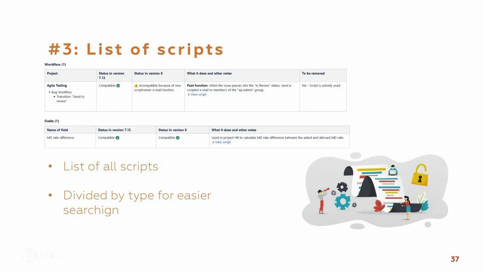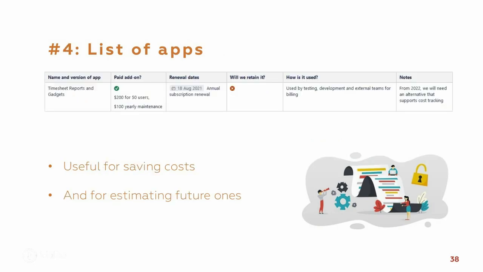Last but not least, a part of your documentation should also be a list of apps for every application you will have, be it Jira, Confluence, or Bitbucket. This page should tell you things like the used version, the price of the app, the usage, what the app does, and should help you decide whether to keep a particular app and weigh the pros and cons of keeping it. One of the goals here is to find redundant, unused, or overpriced apps, given how much you really use them. And of course, when exactly are they due for renewal, which applies to all